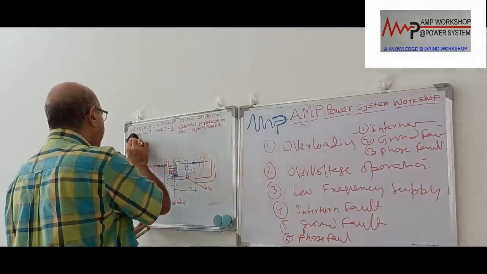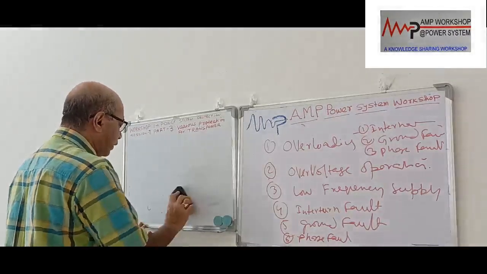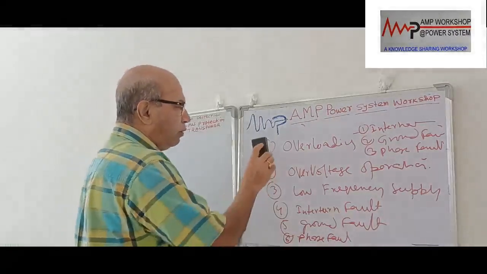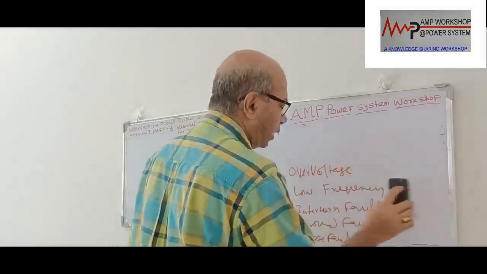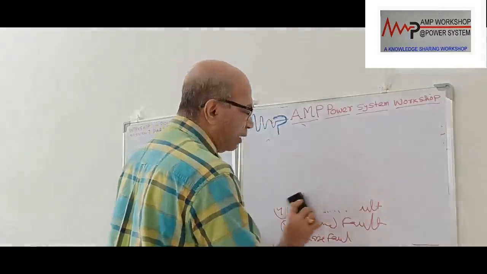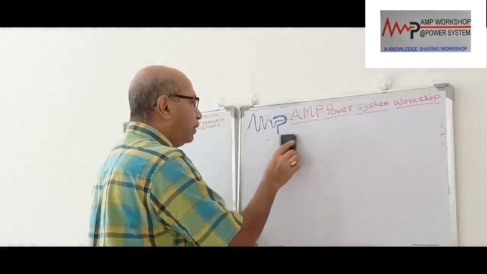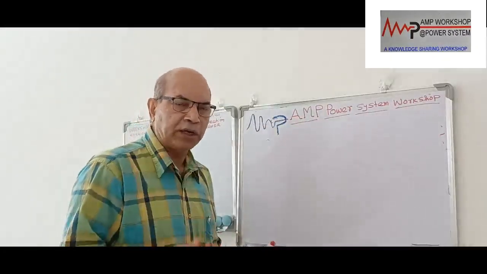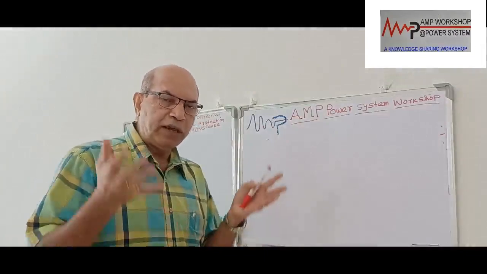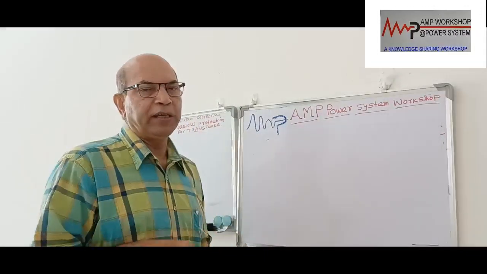Okay, so we can write down over here the sixth condition which we discussed. Now we first discuss overloading. How can this overloading condition be protected, or in case of overloading, how can we save the transformer from major failure? We have already seen this abnormal service condition. For this abnormal service condition protection, normally we provide equipment which is mounted on the transformer. We don't need an external device for that.